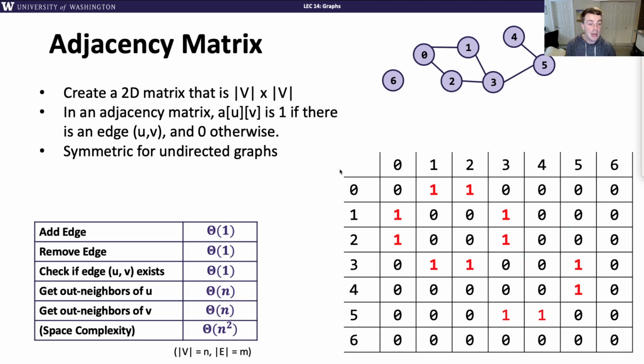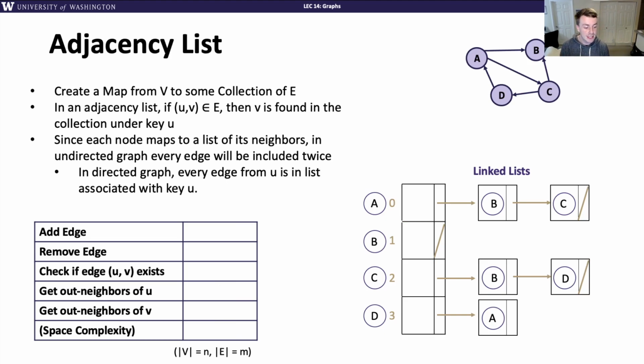So we'll see an alternative representation, in some sense the other extreme, that we call an adjacency list. Very similar idea in some sense of trying to represent this, but it tries to save a lot more space. So the idea is to create a list of one index for each node. We'll maybe call that a map instead. So we have this mapping from the nodes to all of the nodes that they have an edge